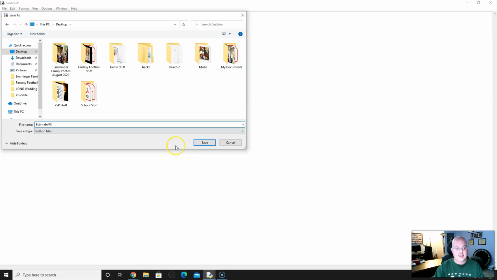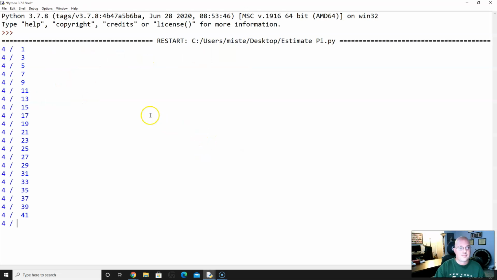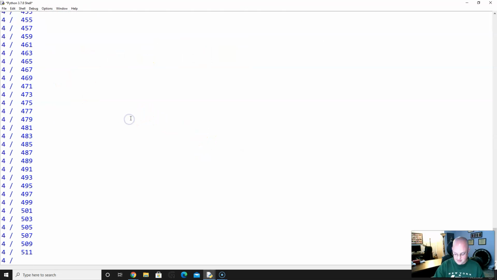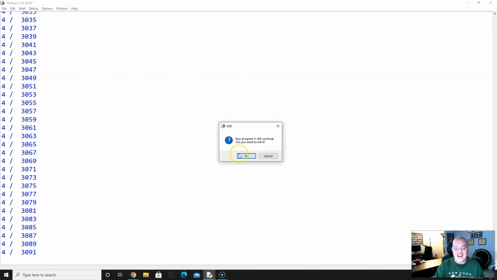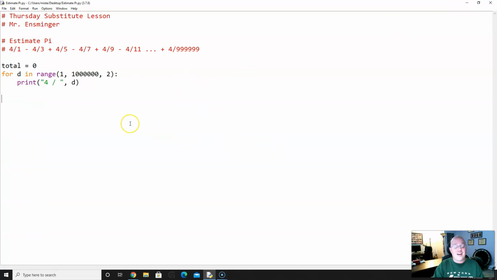Estimate pi. There we go. And let me just pause this for a second. I guess I'm actually not able to pause. Oh well. Well, hopefully you can see this. It's counting 4 over every odd number. Fun times. Okay. So now, if we average them up, because we don't want to print everything, we want to